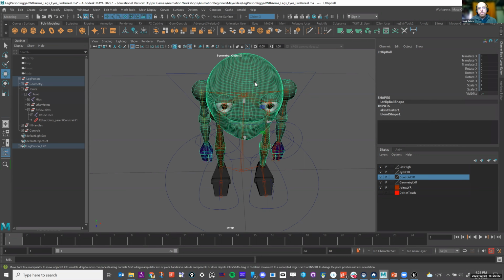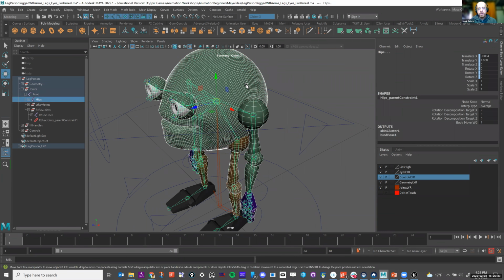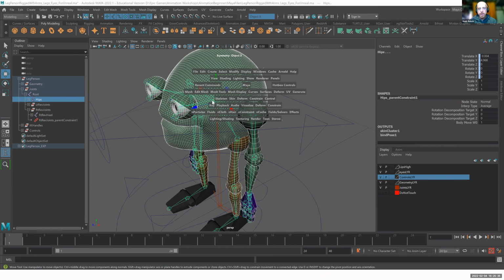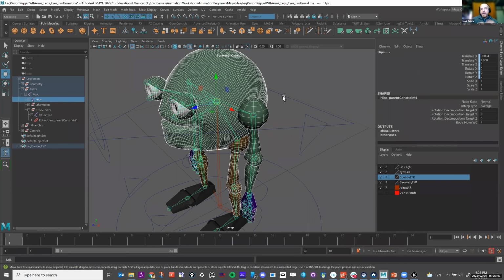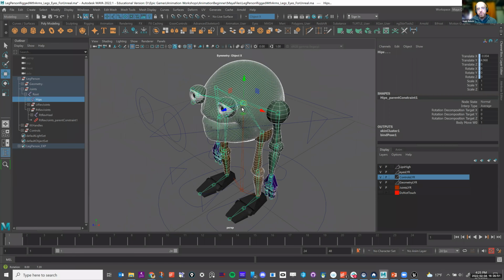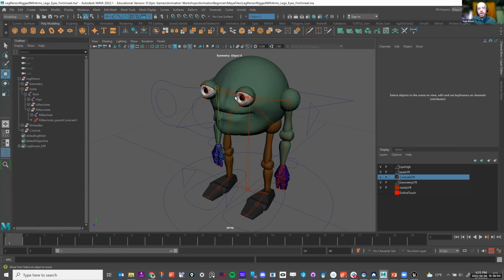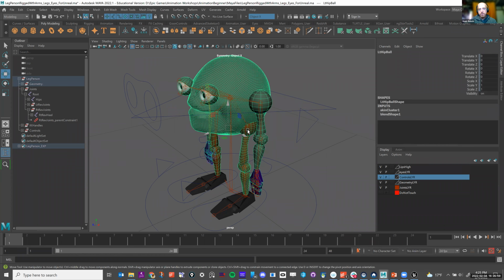Anyways, the character is skinned to the joints. I selected the geometry and the main root joint, and did a bind skin, and then bound it how you would. If you want to know about binding skins, you can ask me offline, and I can point you in some directions on how to bind your character. But the main point is that you need to have your character skinned.